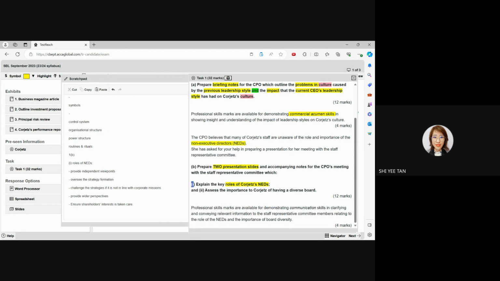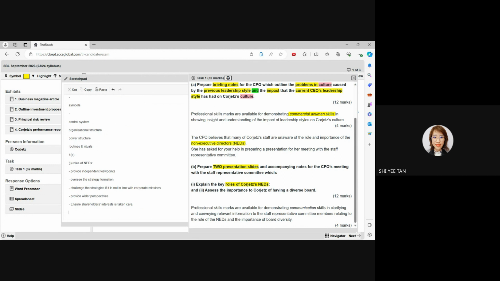You see, you have number 1 and number 2, you have 12 marks. So each of them 6 marks. Okay, so I roughly put 5 first. If you want to put 6 also can. Because this is explain, I will expect 1 point up to 1 mark only. So if you want to put 6, if you want to put 1 more: independent, wider, shareholders' interest taken care of, oversee strategy formation, challenge the strategy,